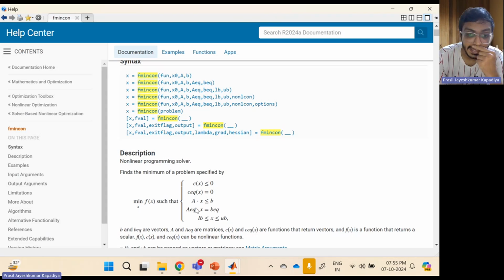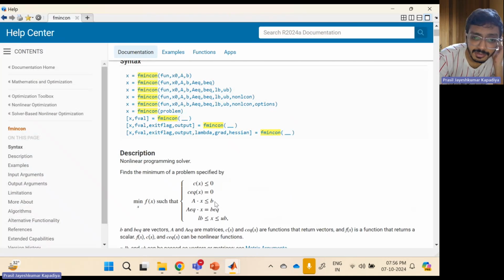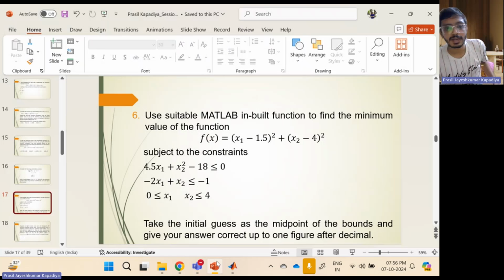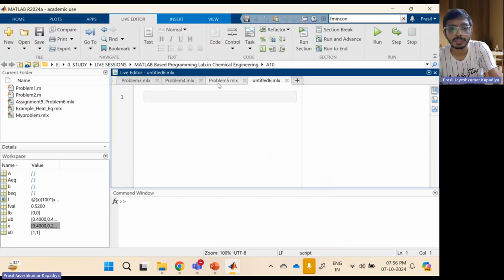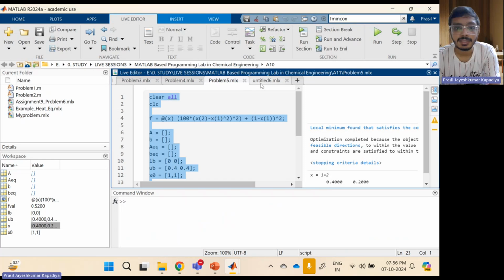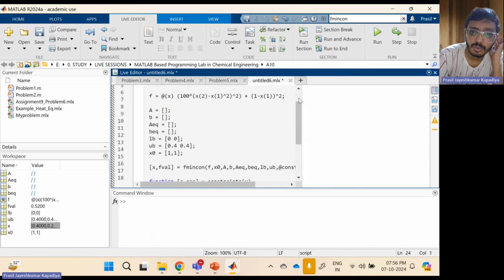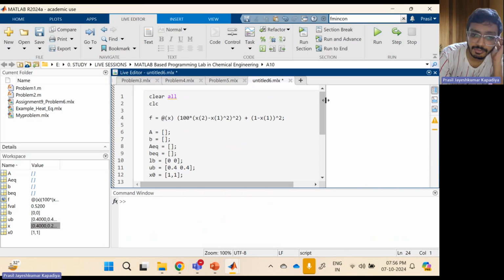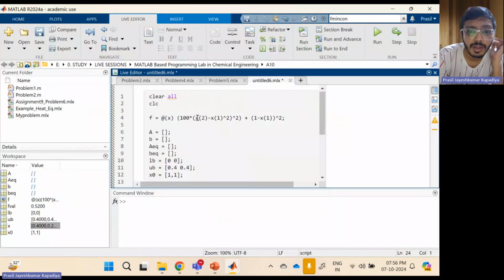And A and X are there because minus 2x1 plus x2 is less than equal to minus 1. That term is there. This is not there and this is also there. So let's solve this problem. I'll copy this problem statement. I just need to change the function and constraint. So first thing that I need to do is write down my correct equation, x1 minus 1.5 whole square